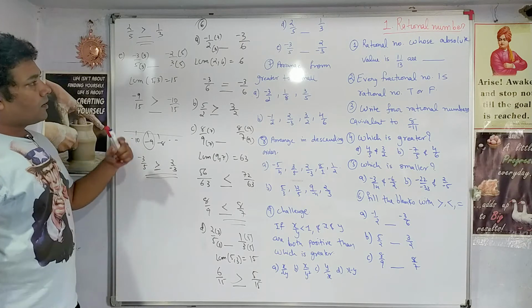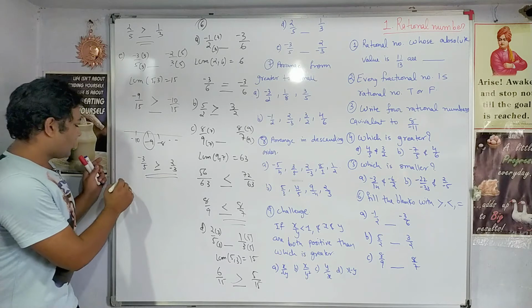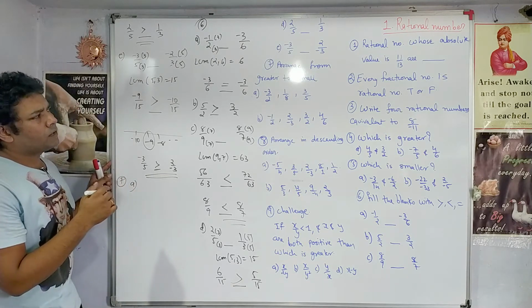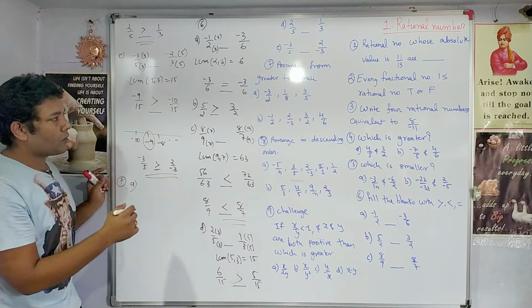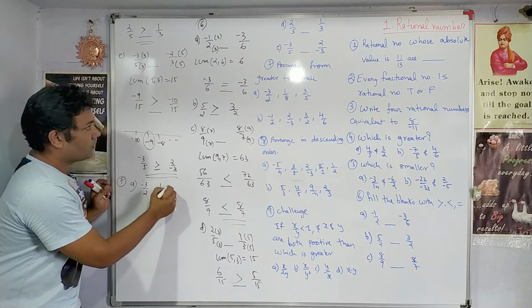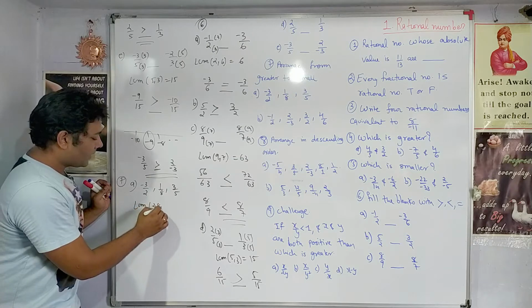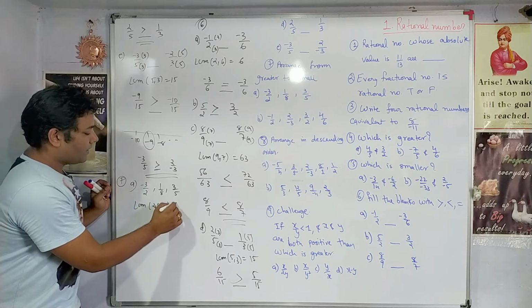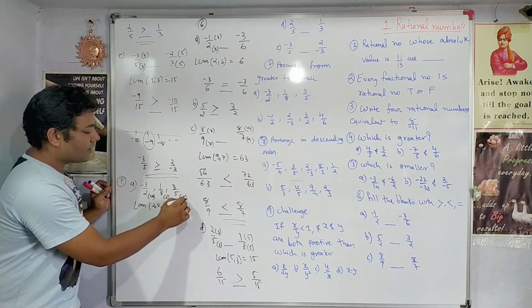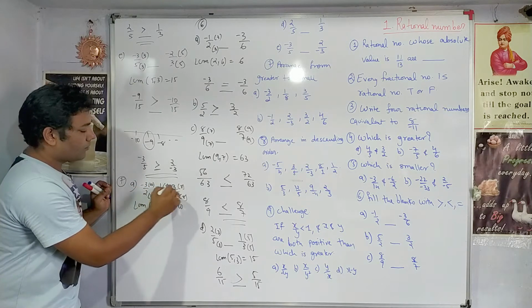Then arrange from great to small. So question number 7, it's A, great to small, that is descending order, from big to small. Again the method is you will have to take the LCM, because ultimately you will compare the numbers. What will be the LCM of 2, 8 and 5? It will be 40. So this one 20, this one will be multiplied with 5 and this one with 8. The same number has to be multiplied in the numerator also.